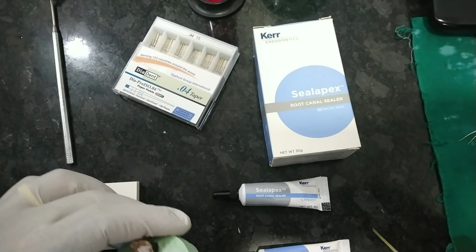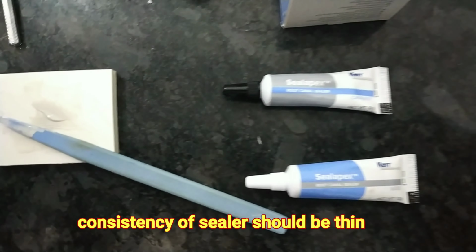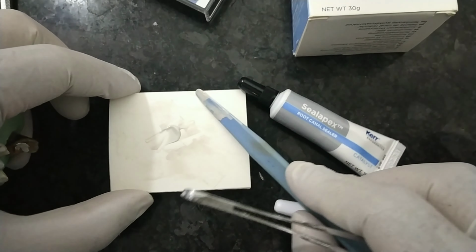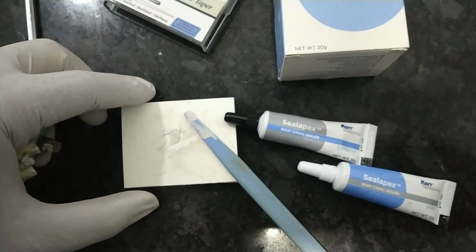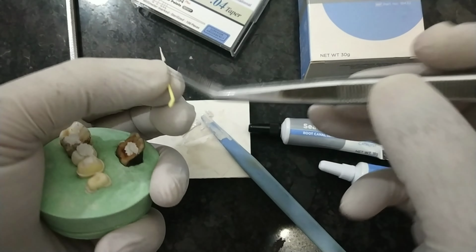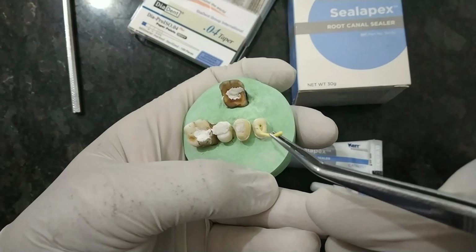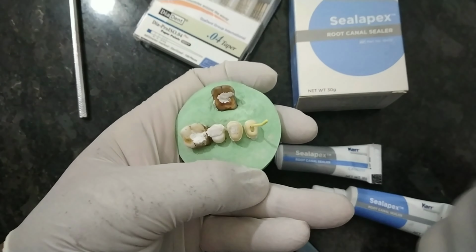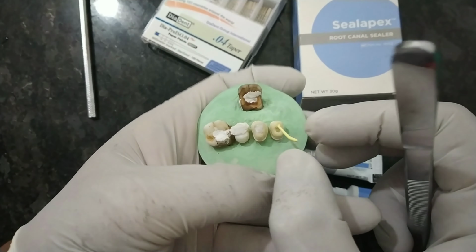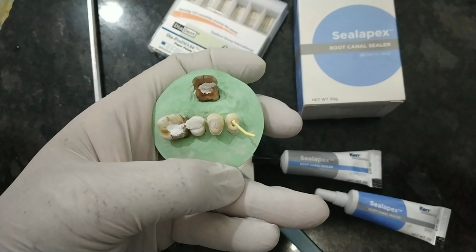Then after that, so this is the sealer which I am using, Seal Apex, and we should always use a good quality sealer, and already I have mixed it to this consistency. You just have to apply it onto the gutta percha. After application in the gutta percha, what you have to do is you just insert it in the canal, and little bit you have to rotate the gutta percha, and it should be snugly fit into the canal. So after putting this inside,